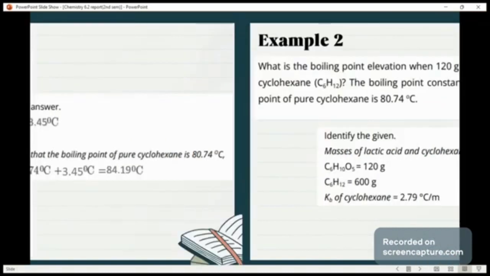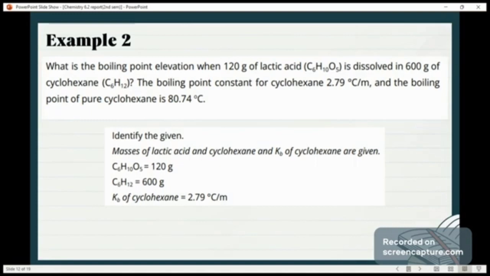So as you can see, given na to, the cyclohexane is 600 grams. So we have to change this one into kilogram. On how to change this one to kilogram, I don't have any pen here, so I'm gonna explain it. So 600 grams multiplied by 1 kilogram divided by 1000 grams, we get the answer